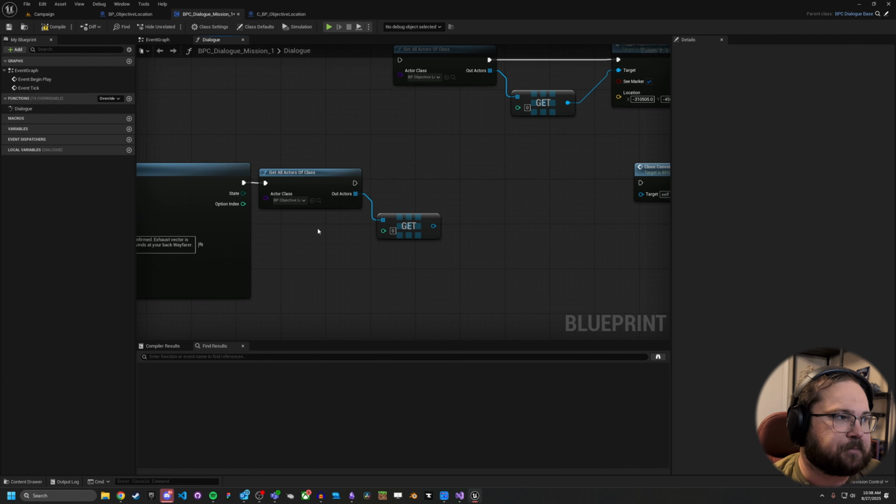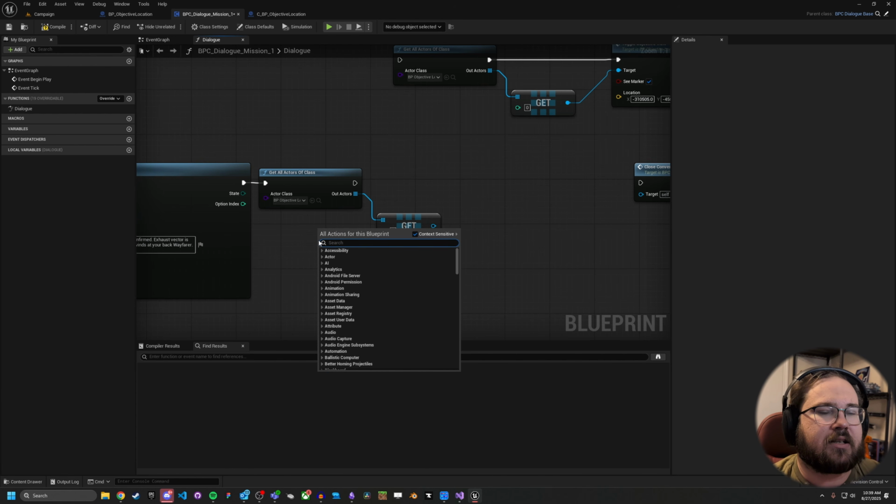So as an example, when you're doing GetAllActorsOfClass and you're specifying the class objective marker, what it's doing is going specifically to the objective marker hash table and saying, okay, are there any instanced objects in here? If so, then give me all of them, in which case we'd have a single one, and we're only grabbing the very first instance of that anyways. And so it sounds like an inefficient function, but it is actually quite efficient,